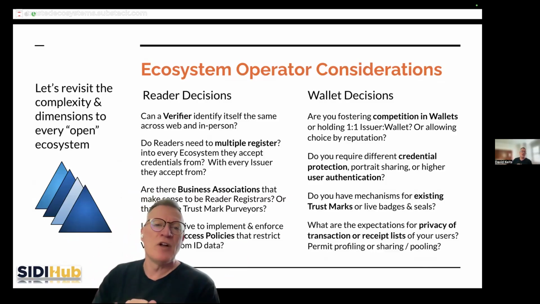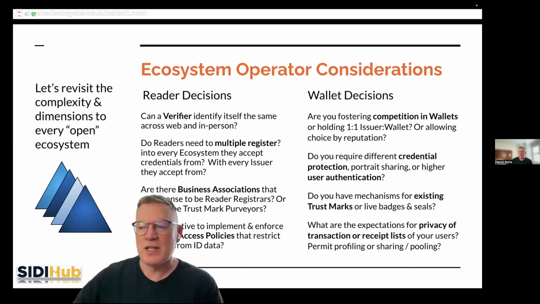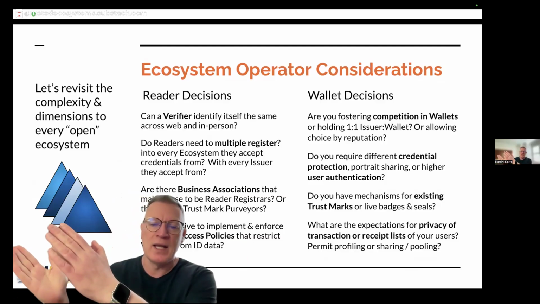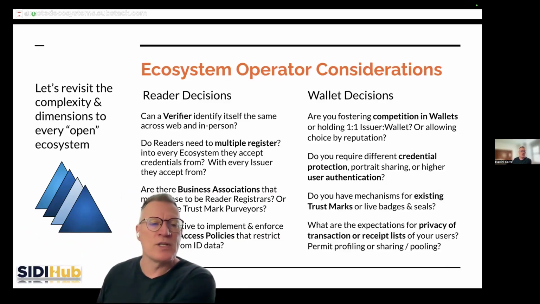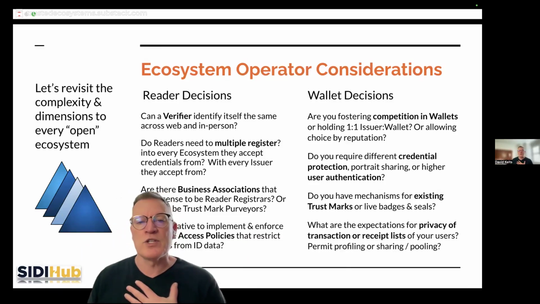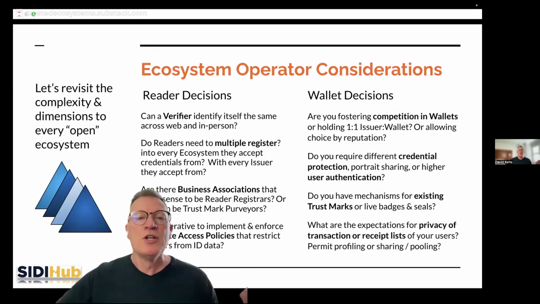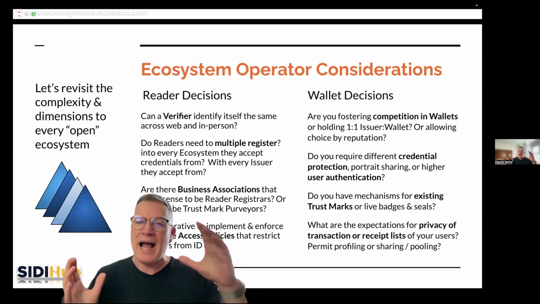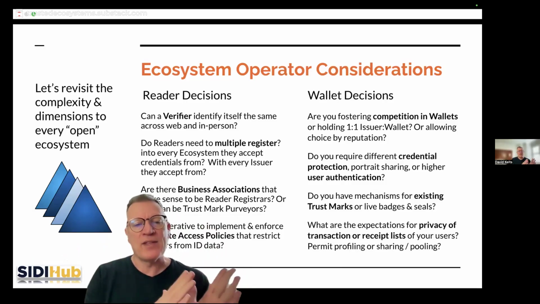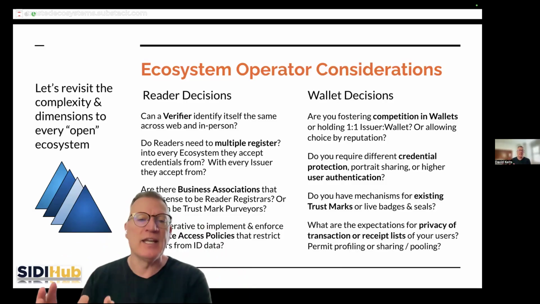Can a verifier identify itself across the web and in person, right? If I'm operating a website and then I'm going to deliver something to a person and check their ID again in person, am I identifying myself consistently as a relying party, a verifier, across those channels? Do readers need to multiply register? Do they need to go to 27 different countries to register? Can they register with one and have that go? Can they register in a global sense? So how these mechanisms are set up and how the standards evolve to give a mechanism that works has to consider these different